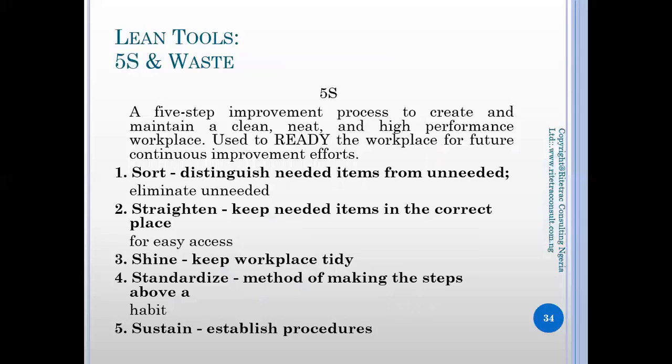What is 5S? 5S is a five-step improvement process to create and maintain a clean, neat, and high-performance workplace, used to ready the workplace for future continuous improvement efforts. Sort: distinguish needed items from unneeded,